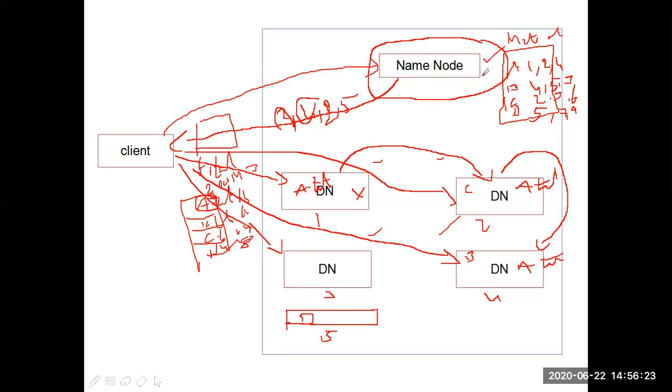The name node only stores the metadata of the file, whereas data nodes store the actual files. Like in GFS, the master server will not store the file chunks. It will only maintain metadata. Chunk servers will actually store the file chunks. Similarly, in the HDFS also,